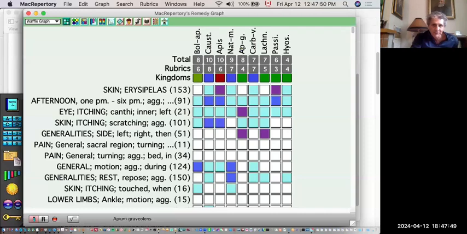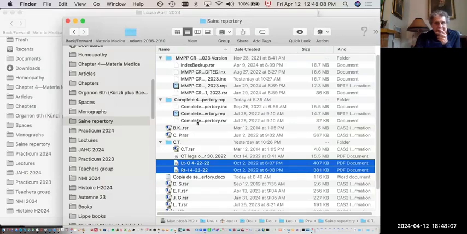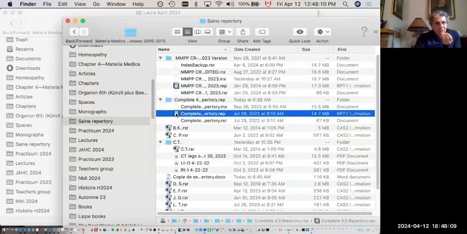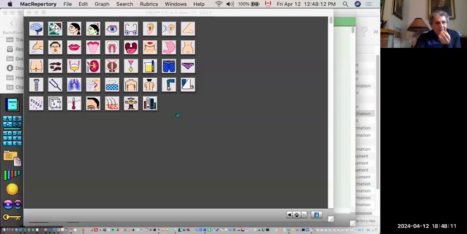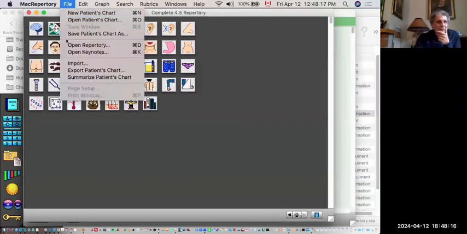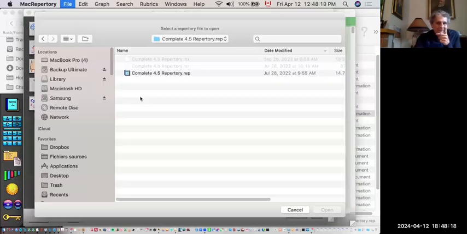But we have here Apium graveolens. So you can see it's very, very strong for having gone from right to left, and especially the left canthus, especially for itchiness. And if we look at the representation in the 4.5, I cannot do it in the other complete repertory because the rubrics don't correspond, but our repertory has the same correspondence as this one.